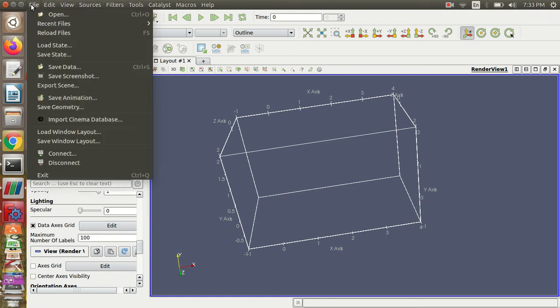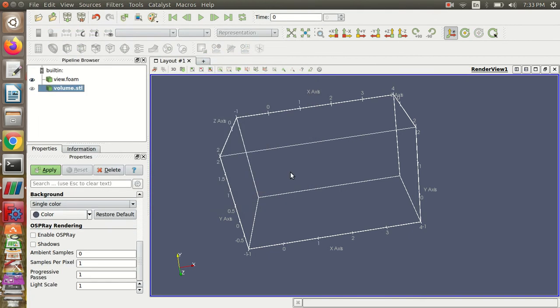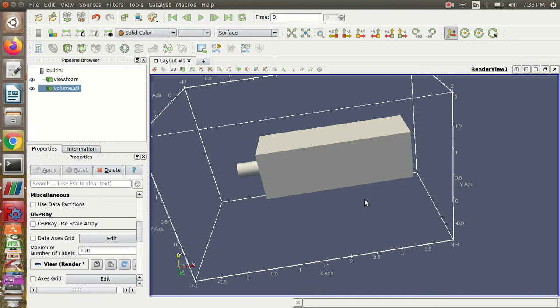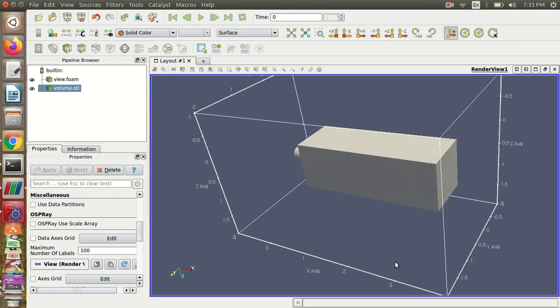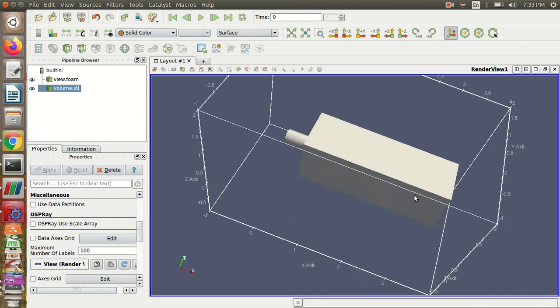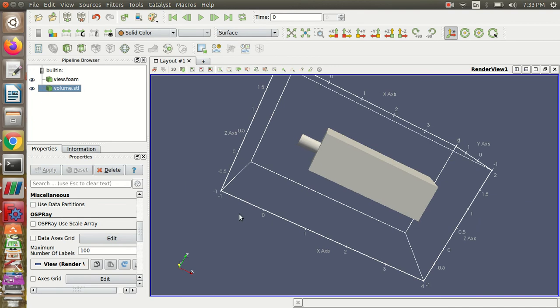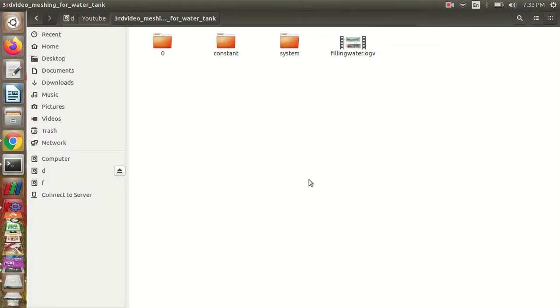So what we can do is open our STL files, which are saved in tri-surface. Okay, you can see it, right? It is entirely lying inside this bigger size domain, and the mesh which is going to be created for this geometry is dependent on the block mesh which is generated here. I'll close it now.